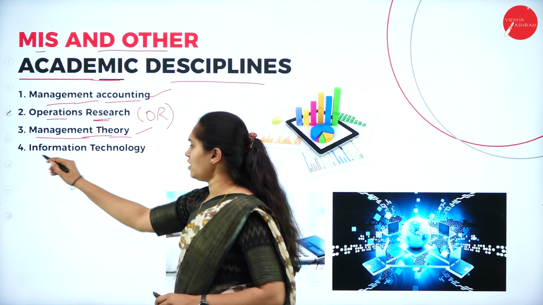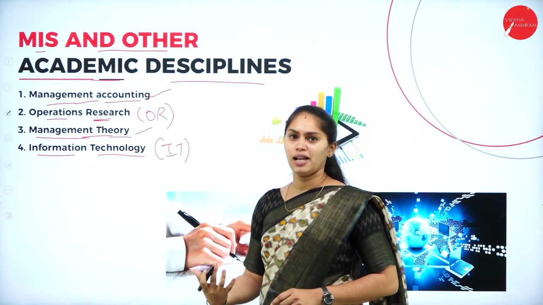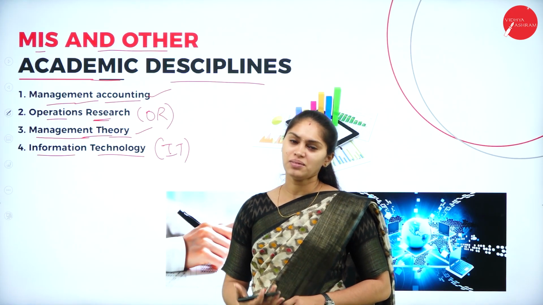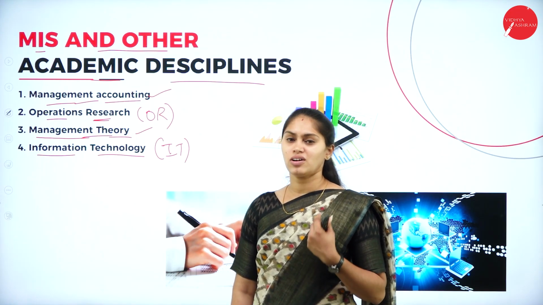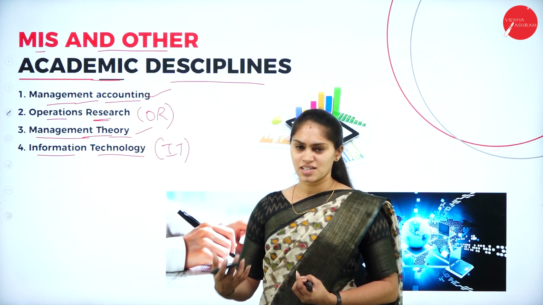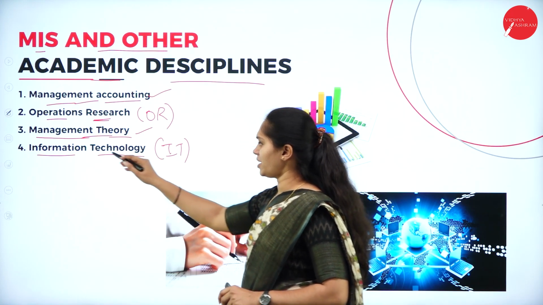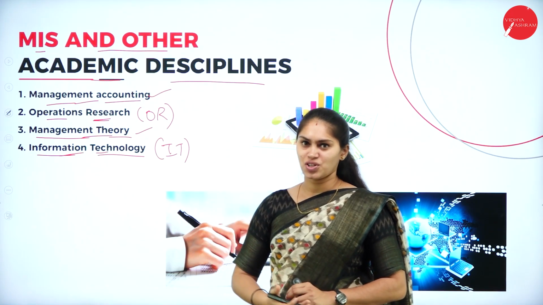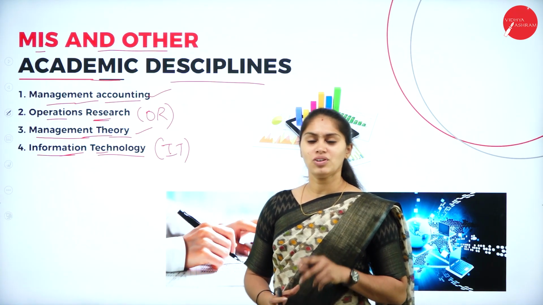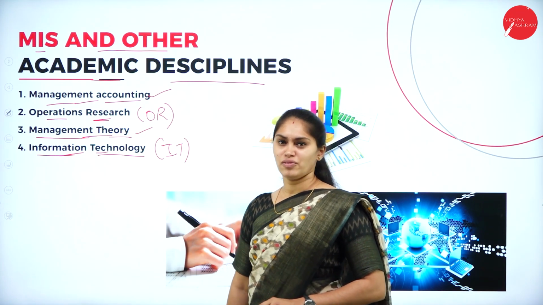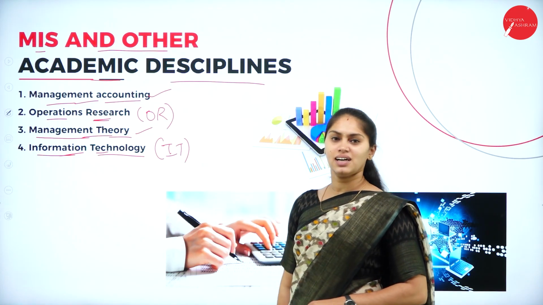And also we have information technology, that is IT. With the help of computer systems, new technologies and software, we can use this MIS. By having different or new features of the software and making use of new computer features, we can use information technology for decision making. That will be an efficient way of making decisions, which will help the organization to be on top of the market. So these are the academic disciplines that come under the MIS.